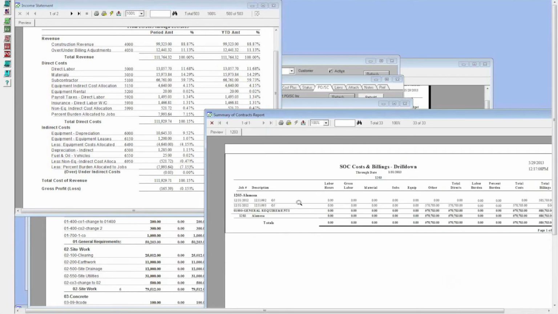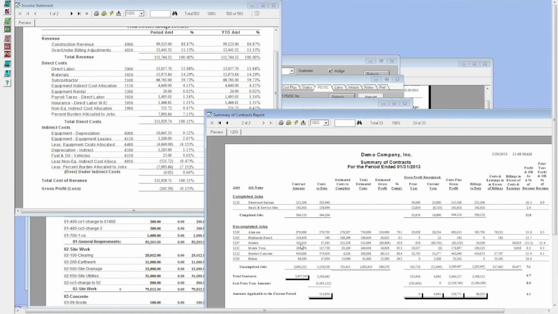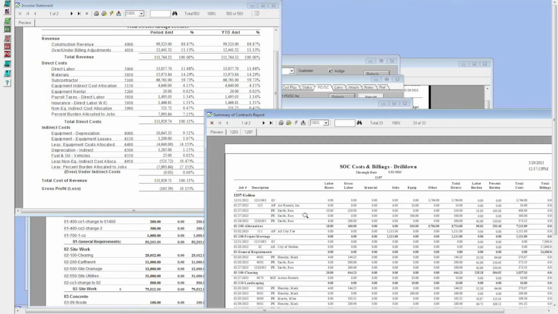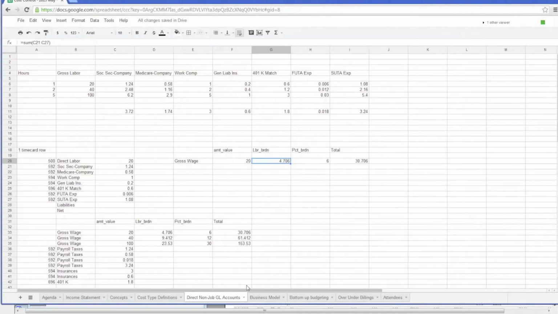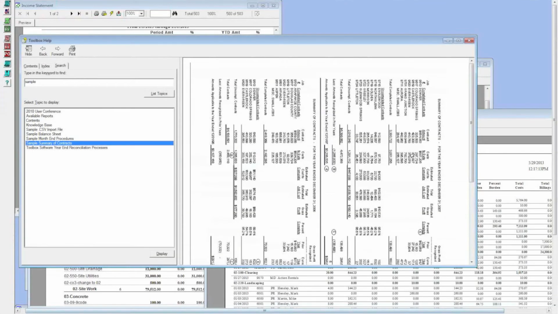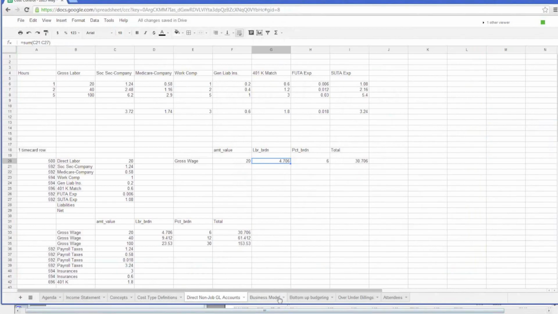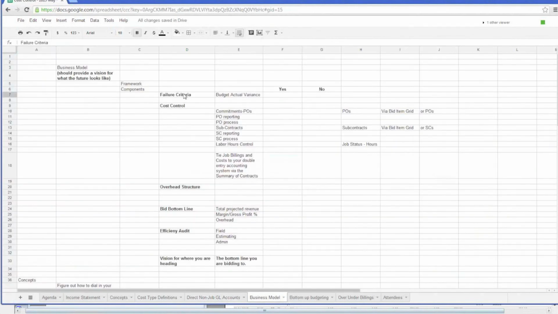So when we drill down into our job cost reports, we're looking at one row here that includes my 5363 rather than 8 rows and making the detail useless or too detailed, not useful. Okay, so then we're back over here to our business model,